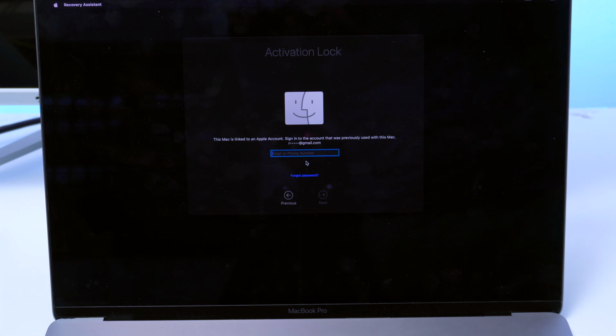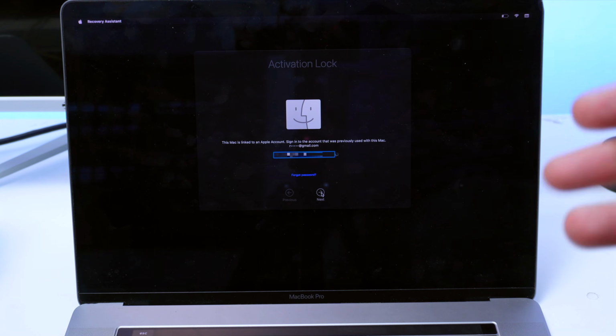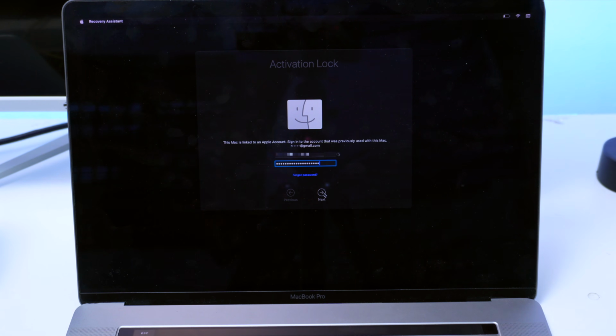It's going to ask you to log in with your Apple ID account. It's asking me to insert the email account which is actually linked to this device or connected to this device. Let me quickly type it in. Next up, once you're done typing your email, simply tap on next and it's going to ask you for the password for this Apple ID account. So once you're done typing in the password, tap on next again